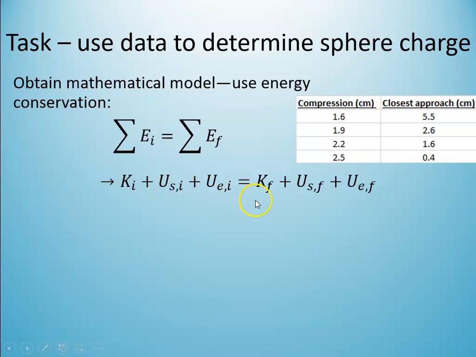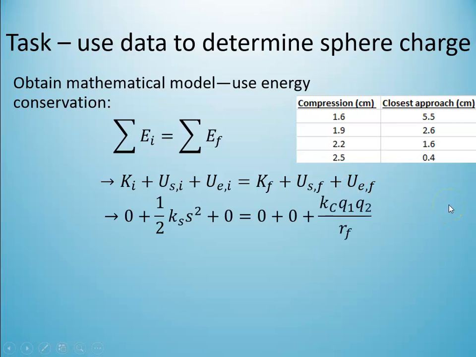At closest approach, well, closest approach means that it's at the turning point. It's no longer moving there. And that means that there's no kinetic energy. Also, it's no longer in the spring, so that term's going to be 0 as well. All of the energy at that point is electric potential energy. So I've zeroed out my 0 terms, I've plugged in my expressions for these potential energies, and what I'm left